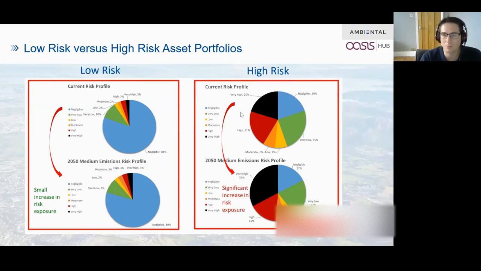I think in this case, you'd expect it to be a little bit higher than that on average, but there's some randomness, of course, here. But really, it's quite surprising that very little has changed on the aggregate. If we look at the high risk profile, and again, of course, we've selected for effect here, it won't be the case every time, but this particular high risk profile really does show a significant increase in risk as you move forward. And that we found really quite interesting.